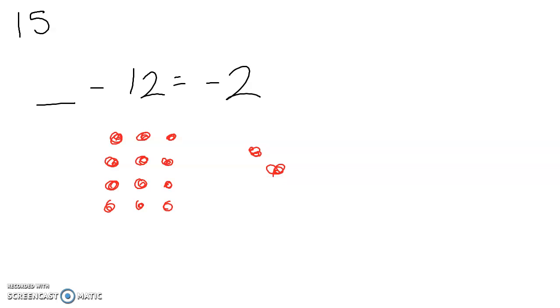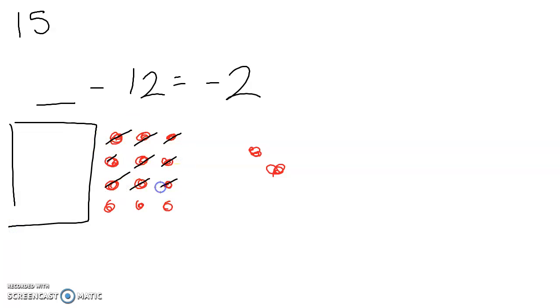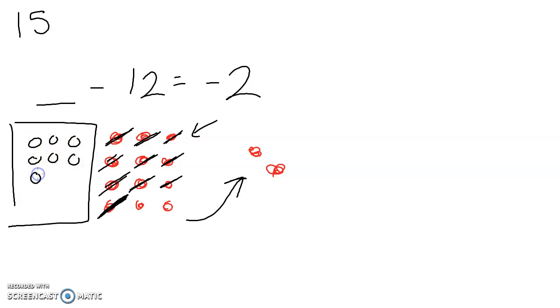So I need to know how many chips I have to write here in order to cancel out all but 2, which is what I'm left with. So in order to cancel all of those ones out that I crossed out, I have to have positive chips in order to do that. So let us count how many positive chips I need for that. I have 1, 2, 3, 4, 5, 6, 7, 8, 9, 10. So if I were to draw 10 positive chips,